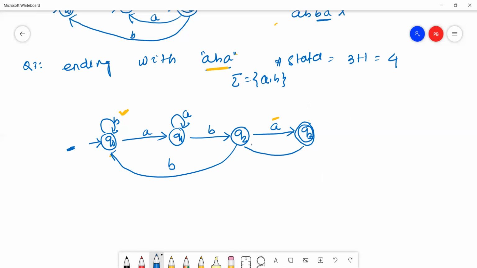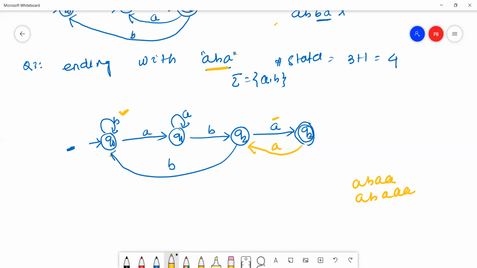Now we'll check for the Q2 state. If A goes back to the Q2 state, check if there is any problem. If A goes back to Q2, the string may end with ABAA, ABAAA, like this.